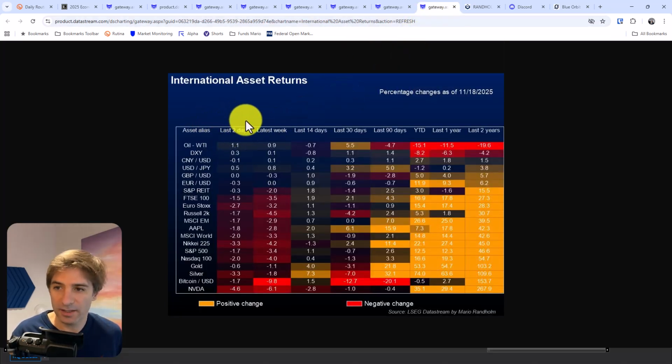So in the last 2 days, this is where we look for weakness and strength. We have Nikkei minus 3, silver minus 3, gold is about flat in the last 2 days, minus 1 in the last week, last 5 trading days. Bitcoin in the last 2 days is not that much down, but in the last week it's about 10. In the last 90 days, about 20% down. So there is some weakness here. Nvidia, and this is where we say, hey, it can change the sentiment of the market. In the last week, it's about 6%. Year to date is 35% positive. Bitcoin is about flat year to date.